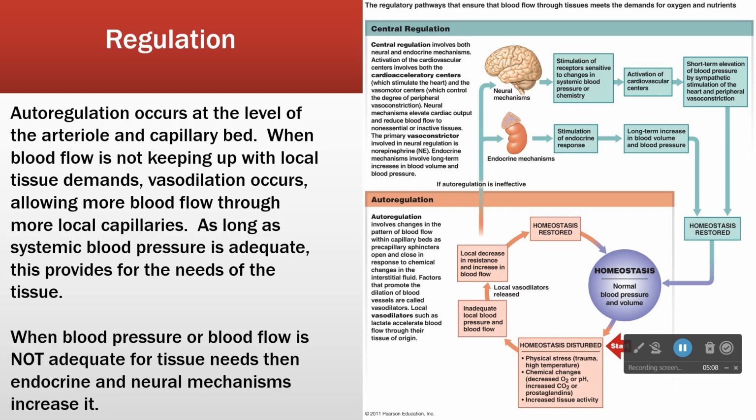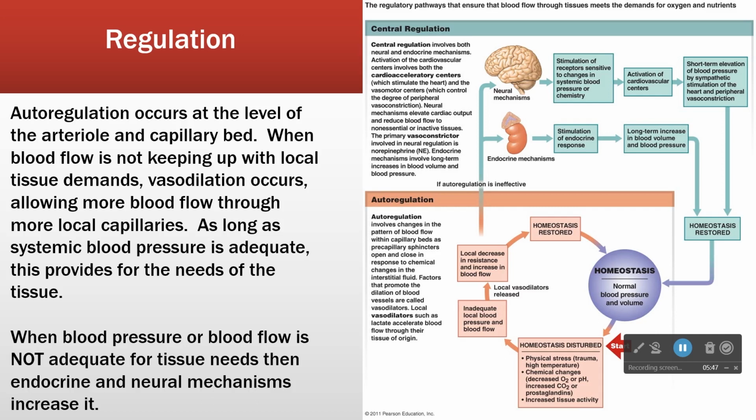So we're in homeostasis, and we have a disturbance. Could be any number of things, right? Physical stress, chemical changes, whatever. Okay, so then we get inadequate local blood tissue control, right? So we get inadequate blood flow. We have lots of tissues that aren't getting enough, lots of vasodilation. So a decrease in total peripheral resistance (TPR), increase in flow. Now, if there's enough blood pressure, we come around the corner, that fixes the problem.